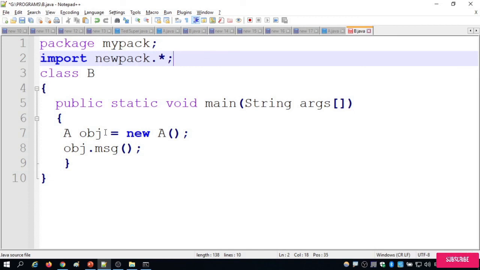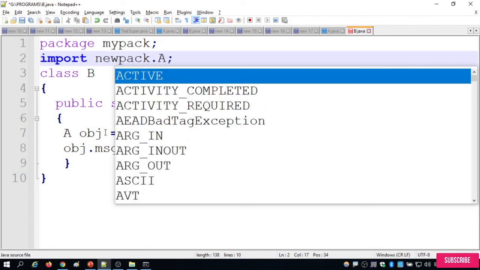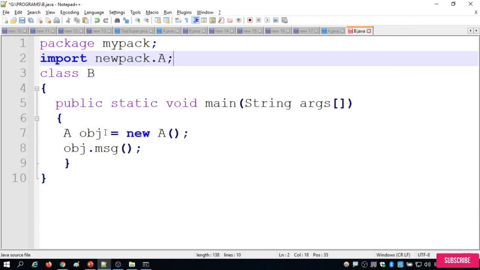The second approach is that instead of star you can use the class name. The class name available in newpack is A. And the third approach is very interesting.